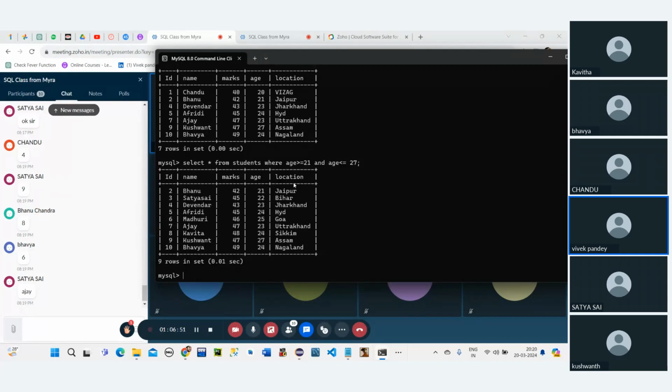So now here, how did we get this? More than 21 and less than 27, and it should include 21 and 27. So total 9 entries. So it means what? Only one thing is left, that is Chandu. Oh, exactly. So see how